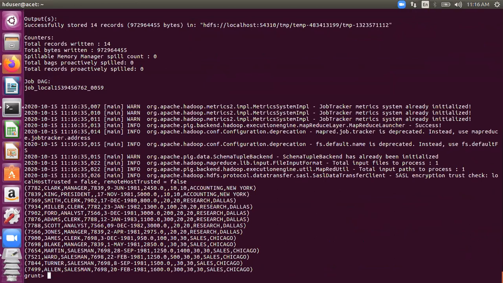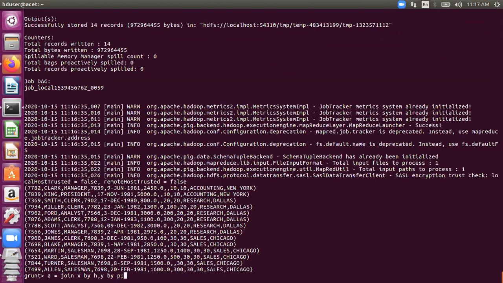See now, see the values: employee number, name, job, MGR number, hire date, salary, there's no commission, department number 10. And then the join, the other table, department number 10, accounting, New York, like this. Okay. So this is the equi-join. See how it has come with this command. Simple. Join X by column name, Y by column name. So this H and P should, the join is based on the equality of H and P.